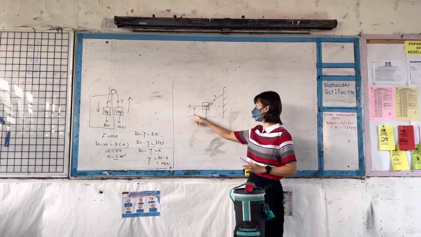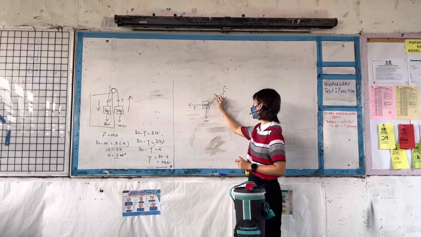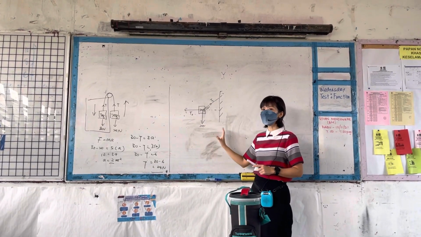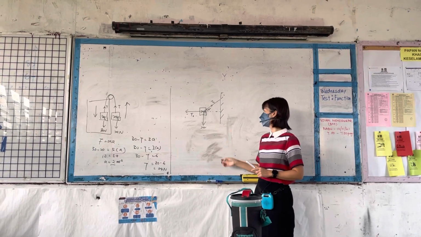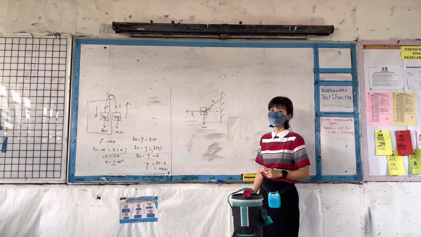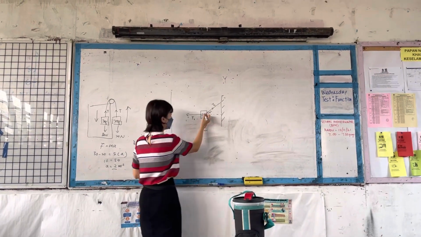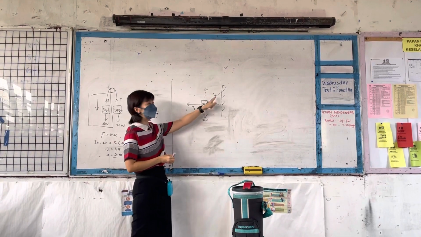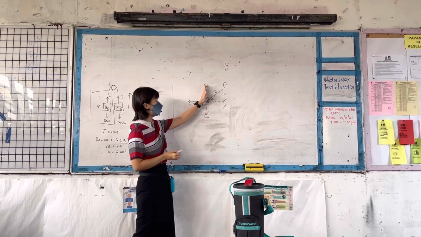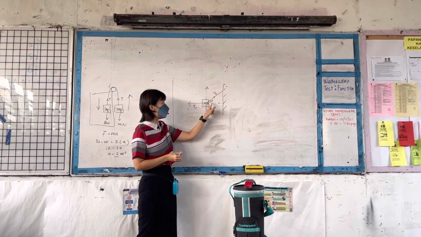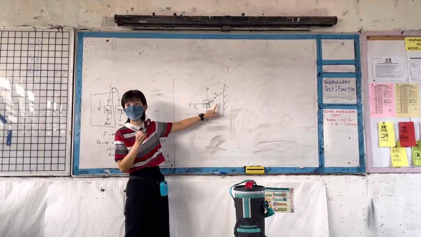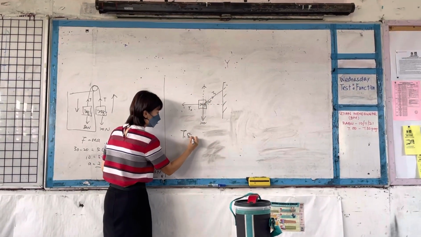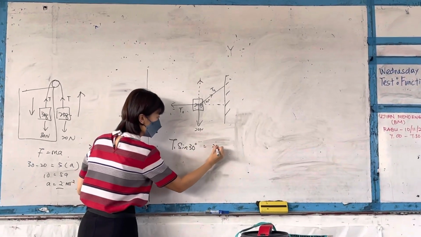But these are different strings, so I cannot write T. This one will be T1, this one will be T2. Different. Okay, so if it is not moving, up equals down, left equals right. So I try to solve up equals down first. Okay, the upward force will be this one, right? Who will contribute to this one? T1 will contribute. If I move it here, it is actually opposite of 30, right? So it is T sin 30. So T1 sin 30 equals 20 Newton.